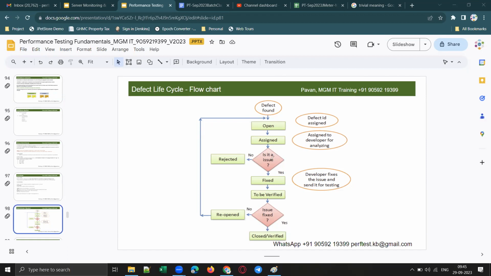Rhombus. So this is a decision. This indicates a decision, right? So if it is an issue, really an issue, if it is yes,